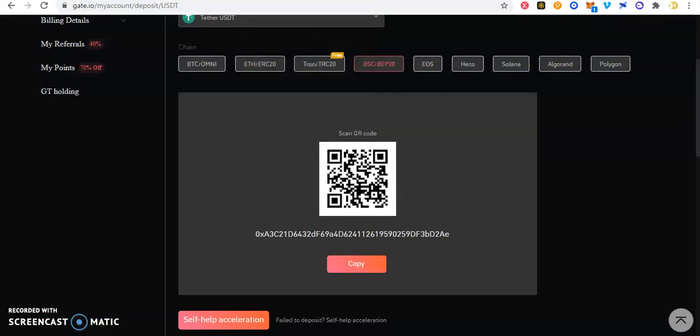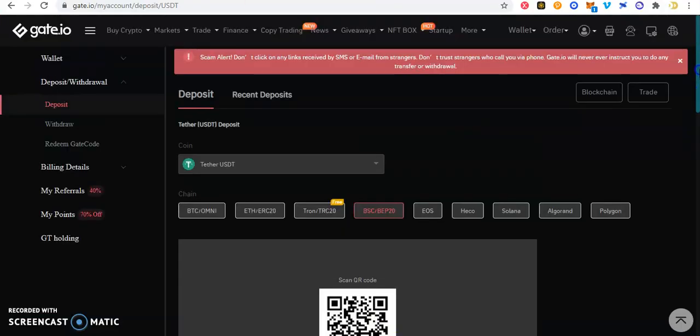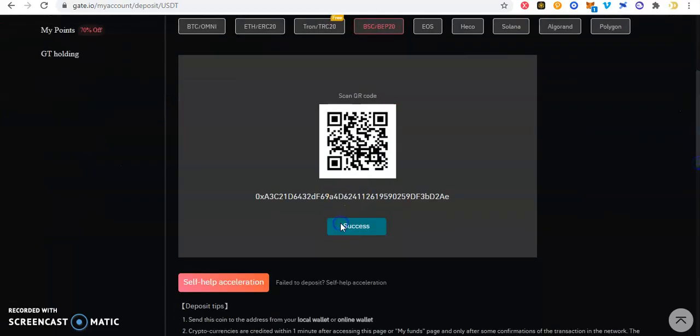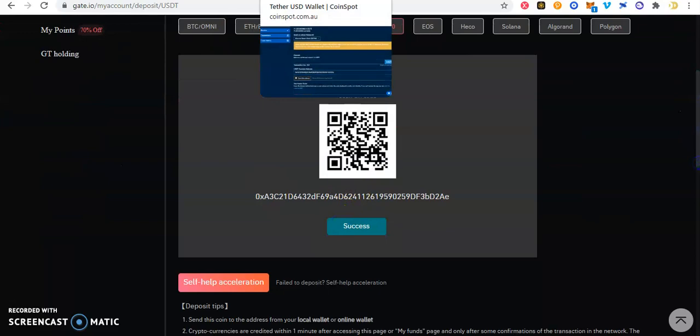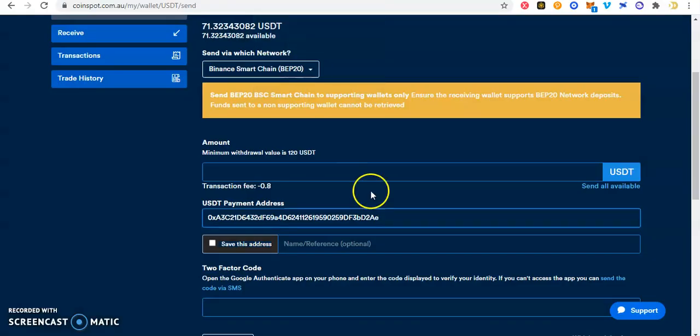This is critical because you go to deposit and then you get a deposit address. You don't go to withdraw and get a withdrawal address. You have to get the deposit address. So I have copied that deposit address and I'm going to paste it in